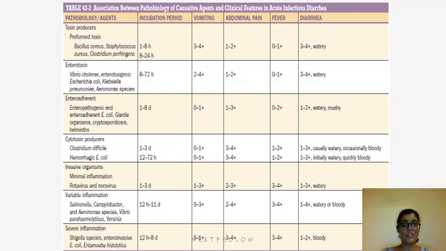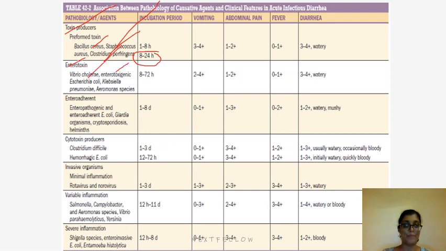So if the preformed toxins are already produced, the incubation period is usually low. So if the patient presents within 1 to 8 hours of ingestion of food, the most common organism is Bacillus cereus, Staphylococcus aureus, or Clostridium perfringens. The incubation period is around 6 to 24 hours, 8 to 24 hours for Clostridium perfringens. Now, if there is an enterotoxin which is produced, the most common organisms are Vibrio cholerae,